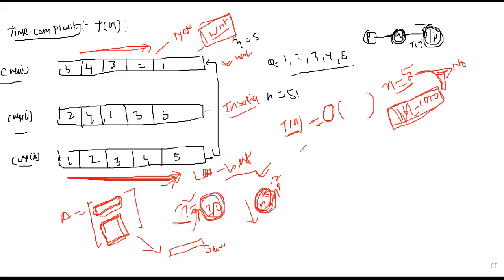So whenever you calculate the time complexity T of n, we always go for the worst case. Once I calculate the worst case, I have to make sure that it will never take more time than the worst case. But in some cases I also calculate the best case. Suppose I even calculate the best case, now the best case will be your theta, because this will be your exact